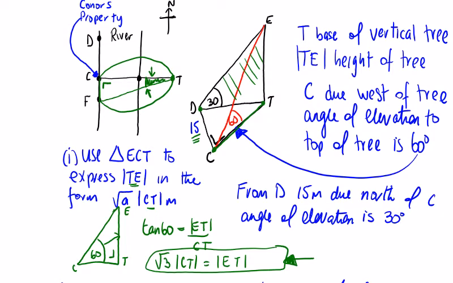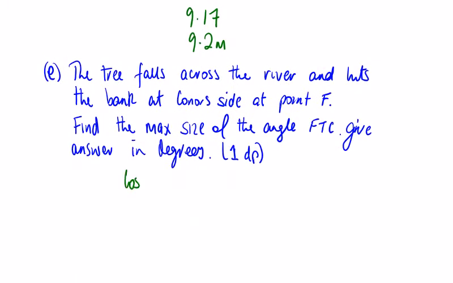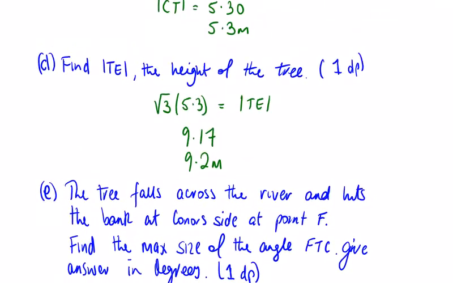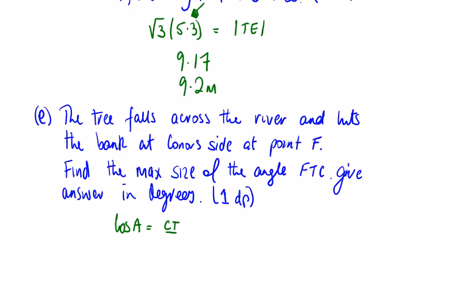So we have this side, and we have this side, so that's A and H. So CT over TF, the cos of the angle, we'll call it A, the cos of the angle is equal to CT over the height of the tree, which we actually have in terms of CT as well. We have root 3 times CT. Now we could use the 5.3 and the 9.2, but we've rounded them off, so just to be exact here, we're going to say it's going to be root 3 CT on the bottom. So that's going to give me 1 over root 3. So the inverse cos of 1 over root 3 is equal to